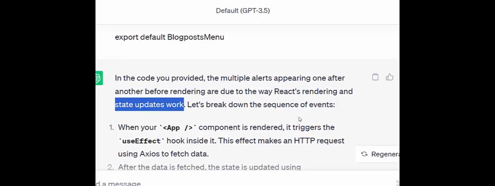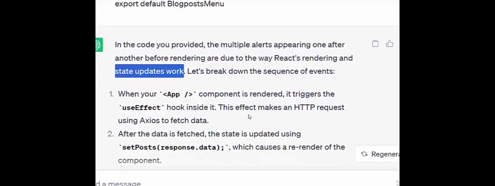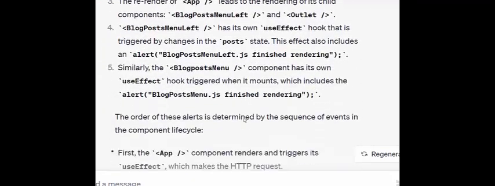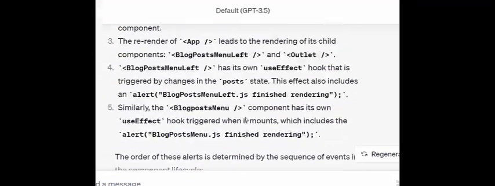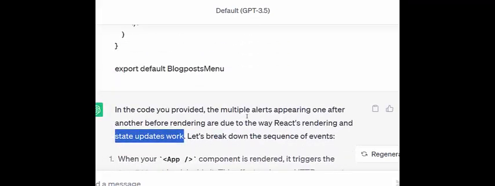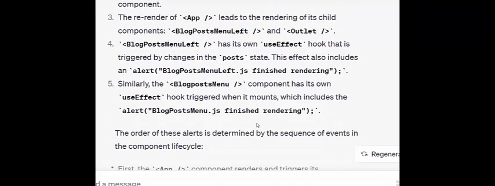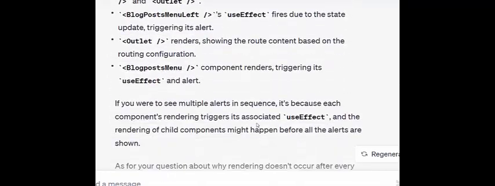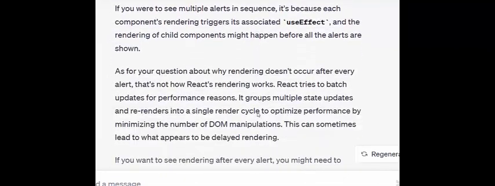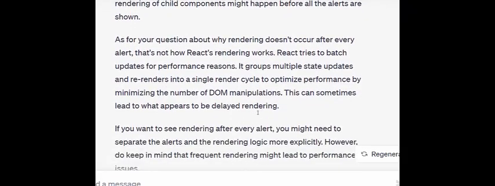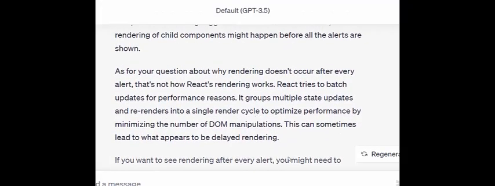Let's break down the sequence of events. It is very, very boring, and I must say that it is not understandable, a little confused, but what is understandable is